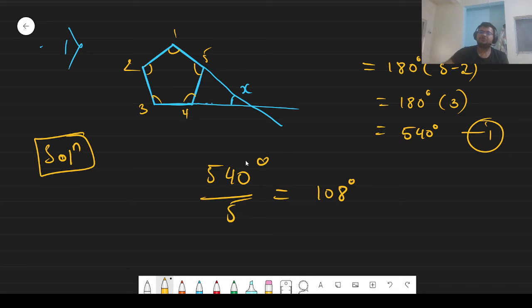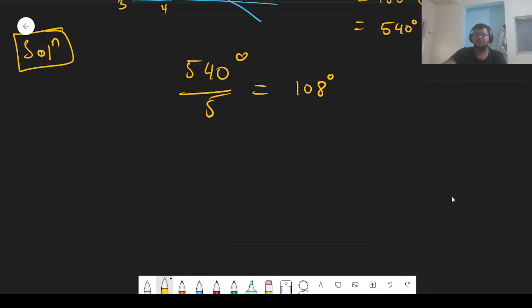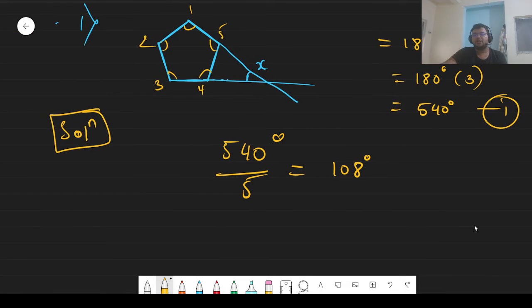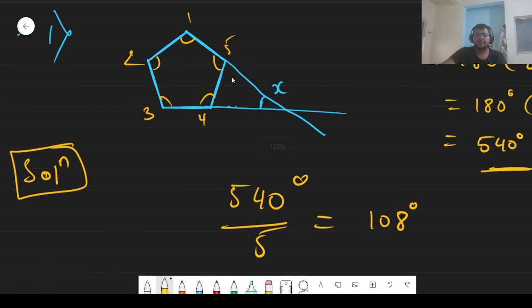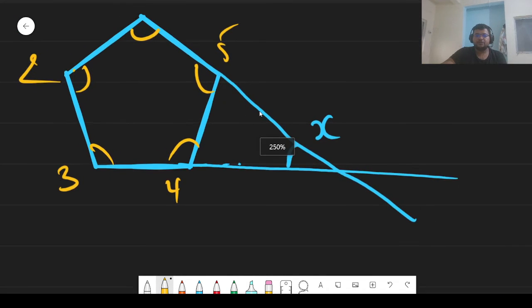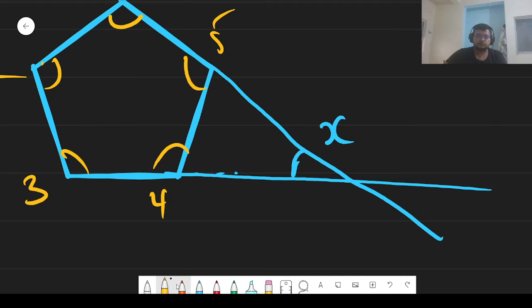That means every angle, angle 1, angle 2, angle 3, angle 4, and angle 5, is equal to 108 degrees, and if I add them, they sum up to 540. Now I will zoom in on the figure. See here, are you able to see a triangle? Yes. If we get to know these two angles, then since the sum of the interior angles of a triangle is 180 degrees,